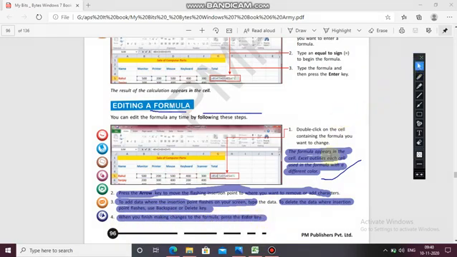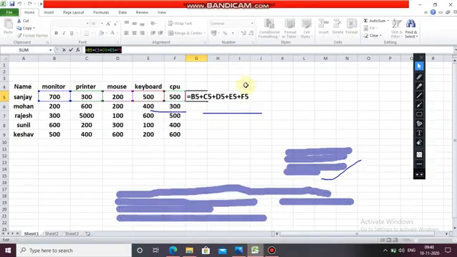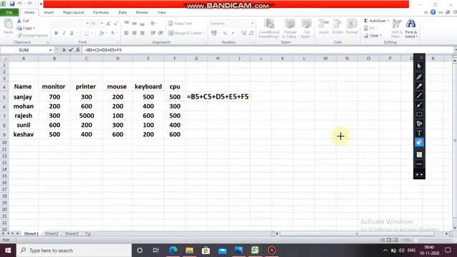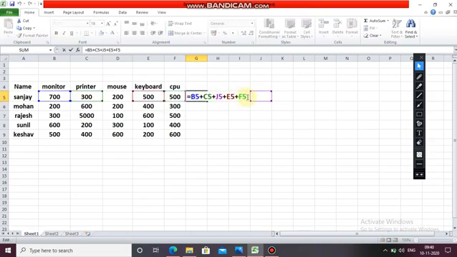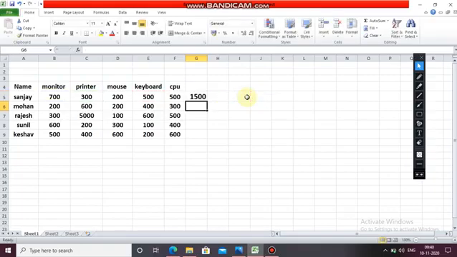Okay, let's see. Here it is written. So click on the cell. First we have pressed enter, 22. Now double click. See, the different colors are also given. If you want to delete this, press backspace or delete, and then press enter. See, it changed. So you can edit the formula also.